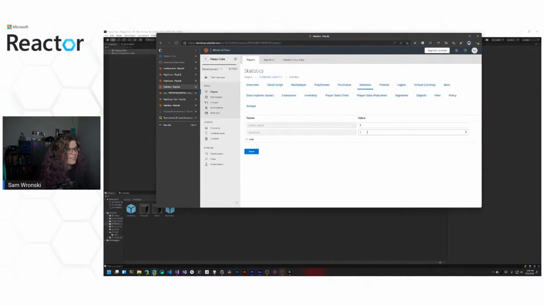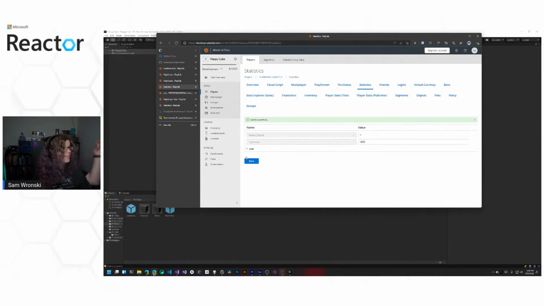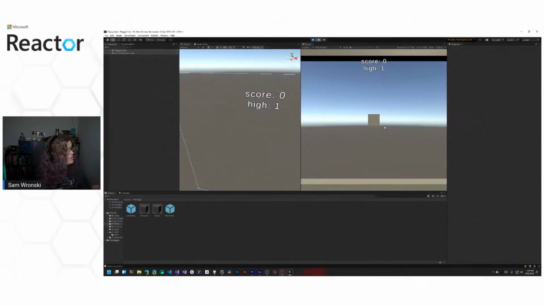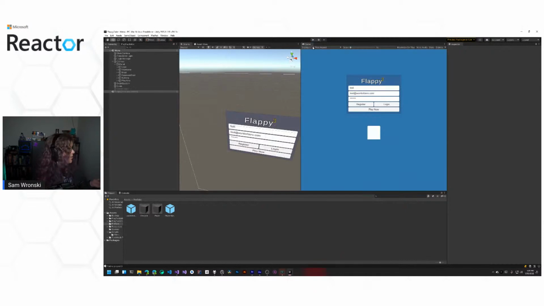In this case, high score, let's set this equal to 1,000. You can see we're going to get a notification that this value is modified. That's letting us know that something's happened. We should probably save our changes if we want that to actually persist. And so we do. And now we have some user with a high score of 1,000. This gives you a way to tweak these things and change the value of a high score. So if you want to remove a bad value or something, it gives you a way to do that. You can just tweak statistics as you would normally. It turns out these work exactly the same way.